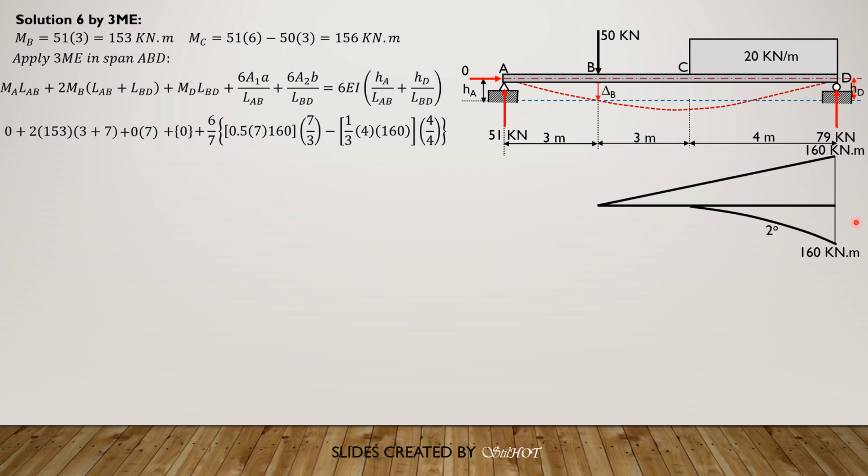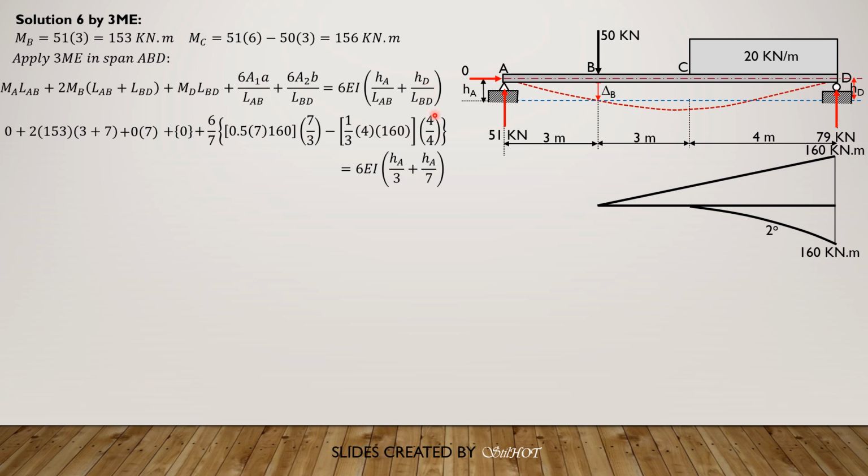So the first area is positive, so 1/2 or 0.5 times 7 times 160. Then the moment arm is 7 over 3. The second area is 1/3 second degree, so 1/3 of 4 times 160. The moment arm is 4 over 4 or 1. Then equals 6EI times HA over 3 plus HA over 7